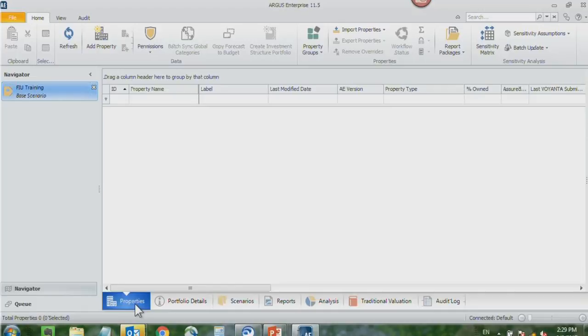So you have 3 different ways that you can create a property from scratch. You have an Add Property button in the Home ribbon. I told you I'd come back and talk about these things and use their names. So Add Property button in the Home ribbon. You can also come down to the property list and right-click to add a property. Or if you like hotkeys or shortcut keys, the hotkey is Control-N. And I'll just take this moment to mention, if anybody is a serious hotkeys user, starting on page 279 at the back of your manual, you have all